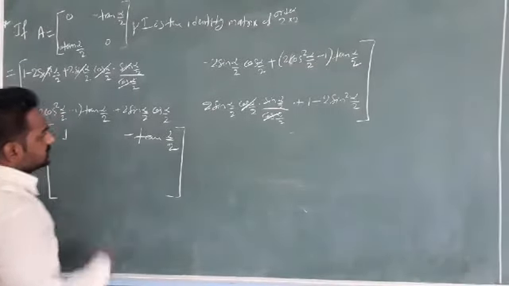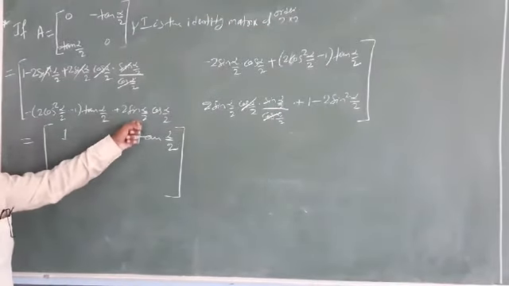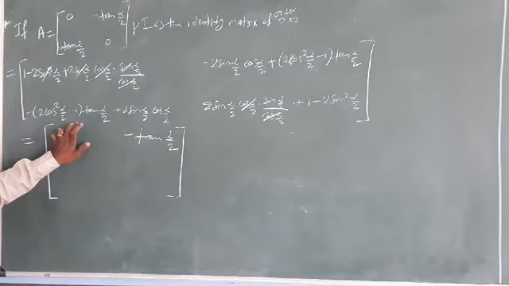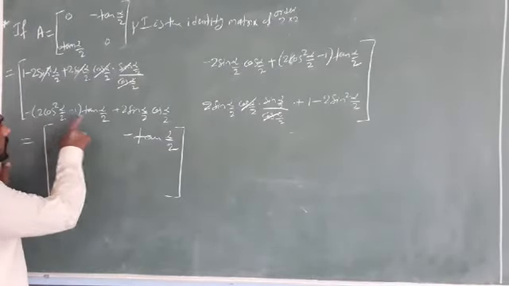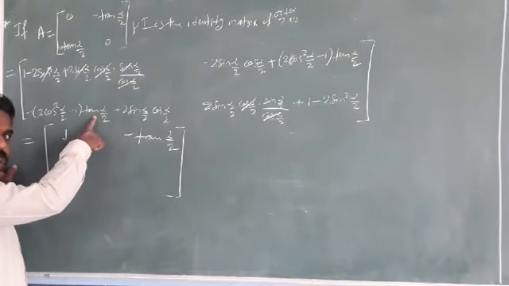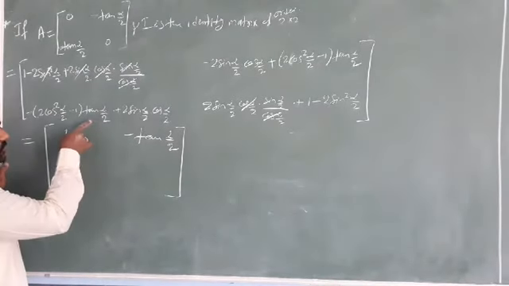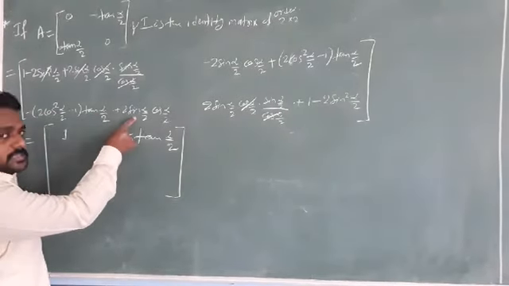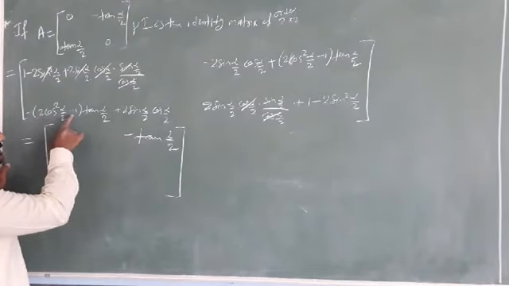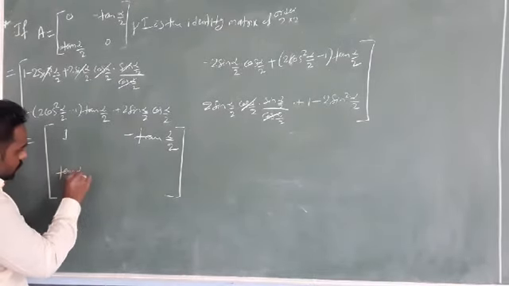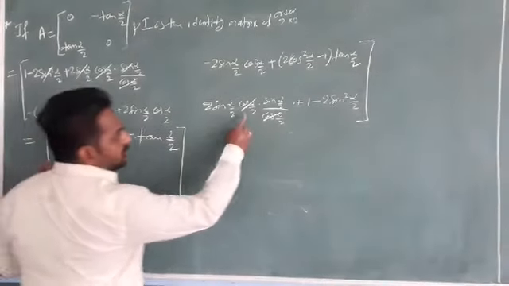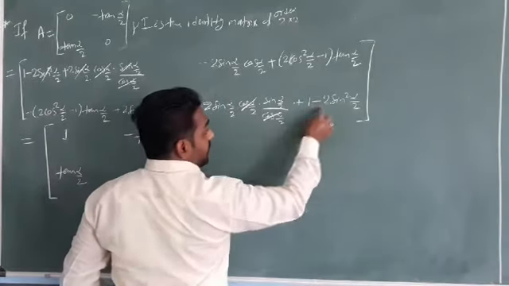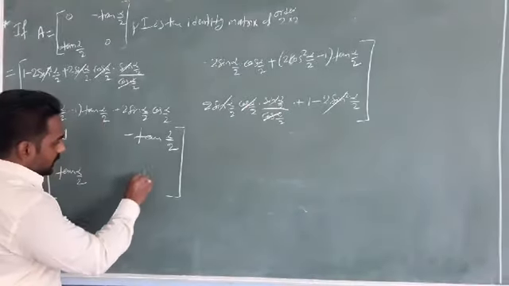Next, here 2 sin alpha by 2 cos alpha by 2. The same thing what we did here, you have to do the same thing here, students. So minus 2 into sin alpha by 2 into tan alpha by 2. Tan can be written as sin by cos, so cos will get cancelled. Minus 2 sin alpha by 2 into cos alpha by 2; plus and minus get cancelled. Minus into minus is plus, so plus tan alpha by 2. Again here cos gets cancelled. 2 sin square alpha by 2 minus 2 sin square alpha by 2, so we get 1 here.